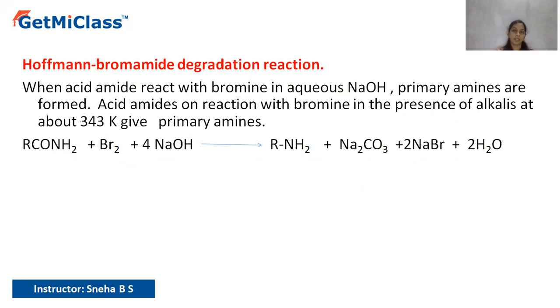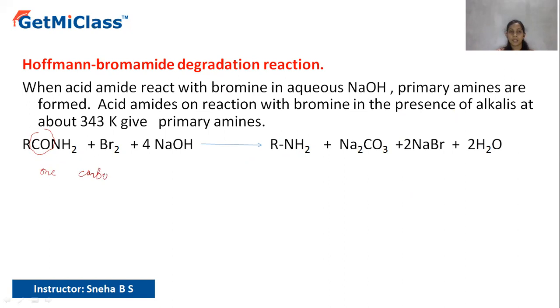So this is the method where this CO group will be eliminated and you are going to get an amine. So this is a method where we can observe one carbon less in the product compared to the reactant. So always remember here, one